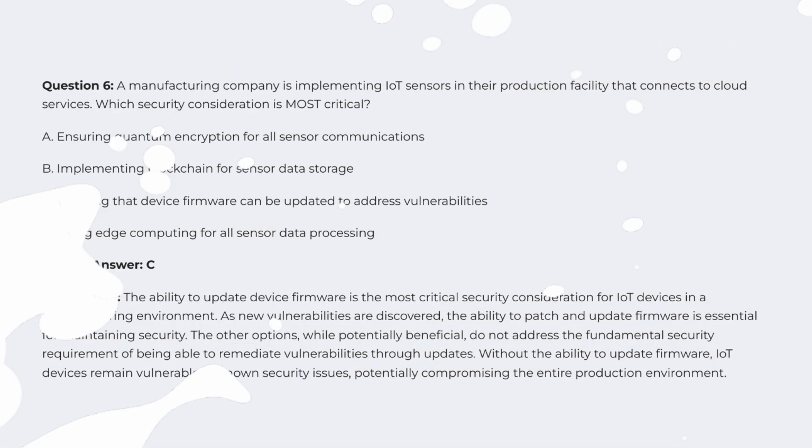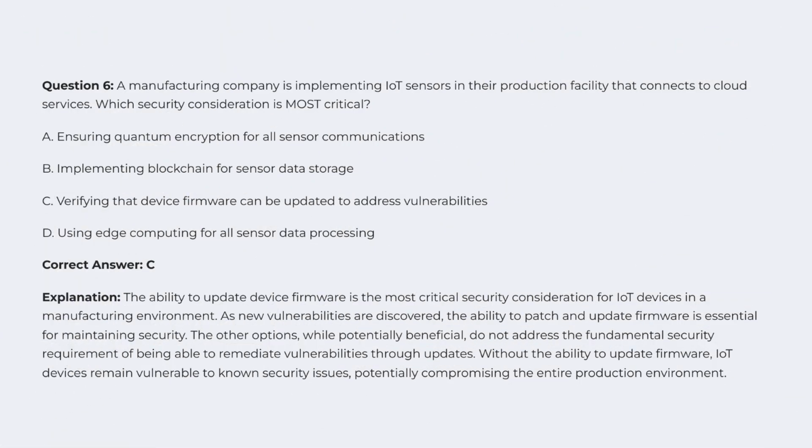Correct answer, C. Explanation: the ability to update device firmware is the most critical security consideration for IoT devices in a manufacturing environment. As new vulnerabilities are discovered, the ability to patch and update firmware is essential for maintaining security. The other options, while potentially beneficial, do not address the fundamental security requirement of being able to remediate vulnerabilities through updates. Without the ability to update firmware, IoT devices remain vulnerable to known security issues, potentially compromising the entire production